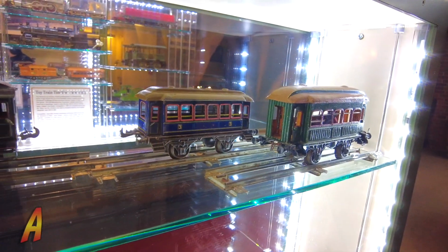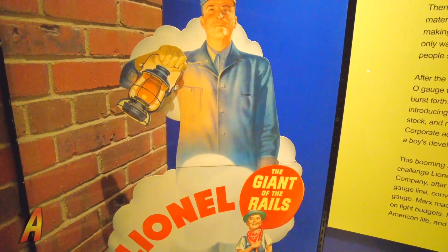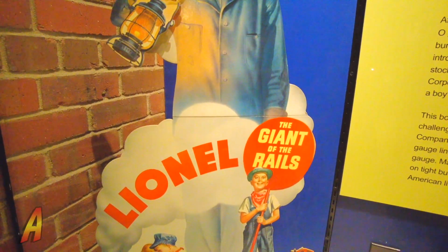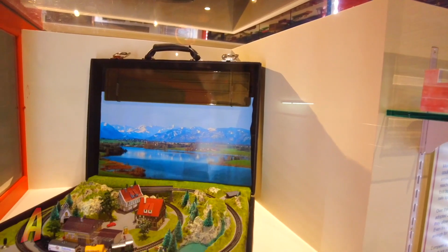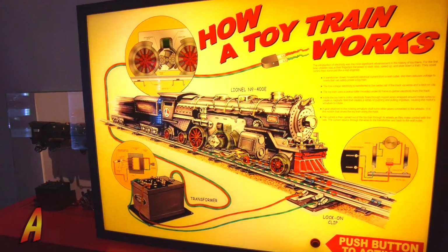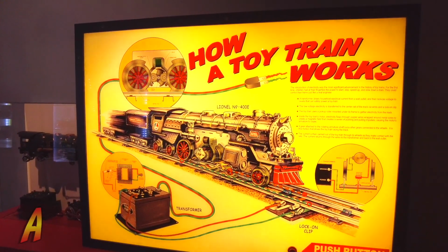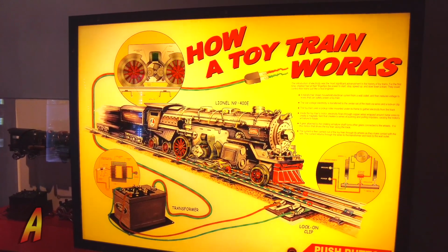Along the way, you see examples of model trains being used and operated throughout the two centuries of model train history. There are also exhibits about the different scales. Here is an example of Z-scale within a briefcase. And here's how a model engine on the big layout works. Speaking of big layout,